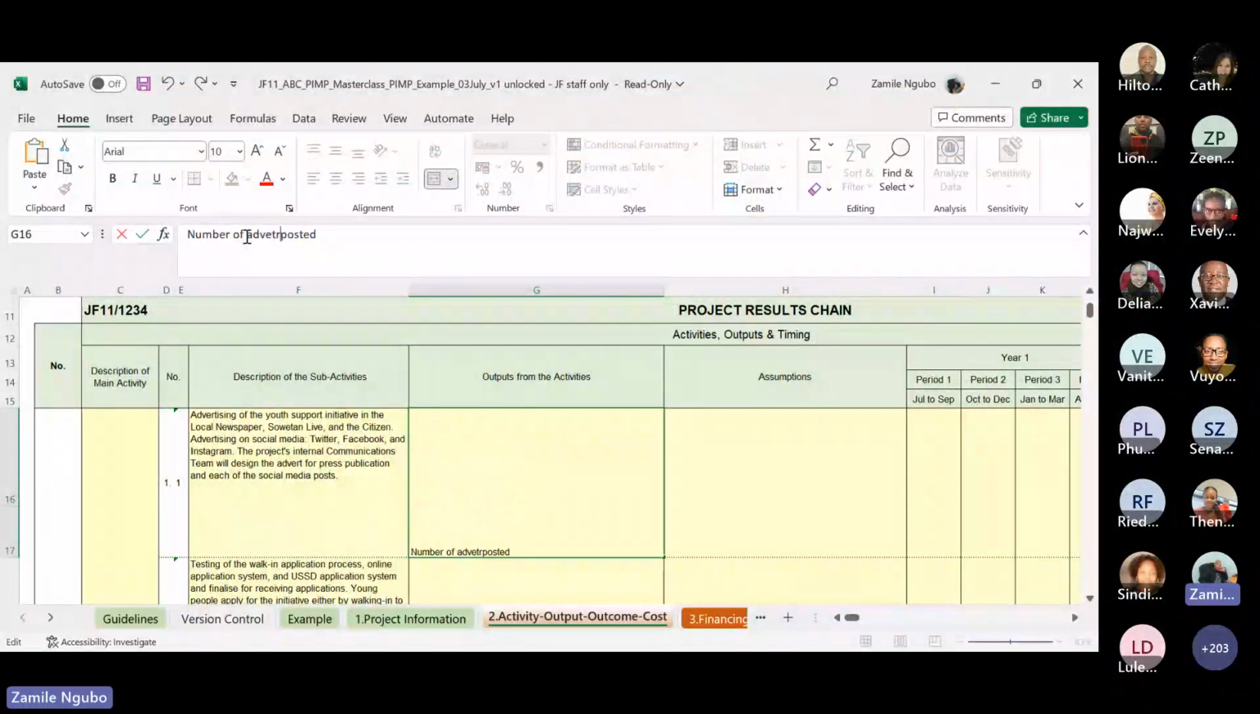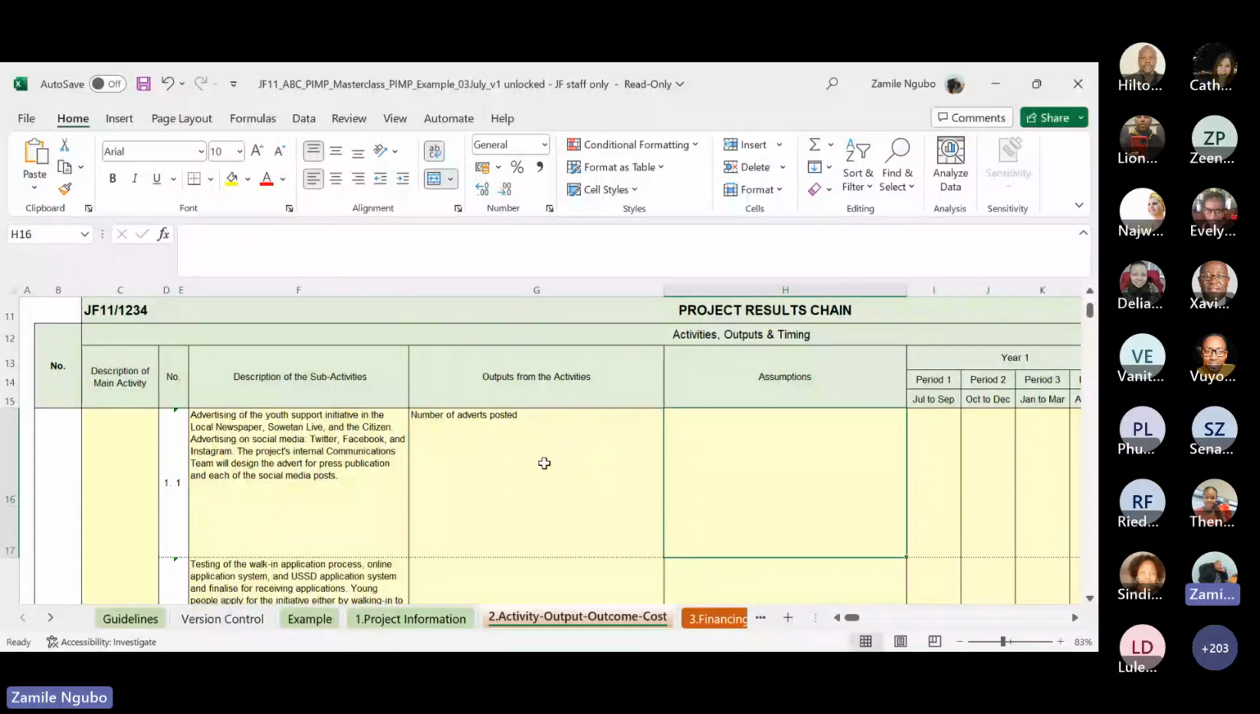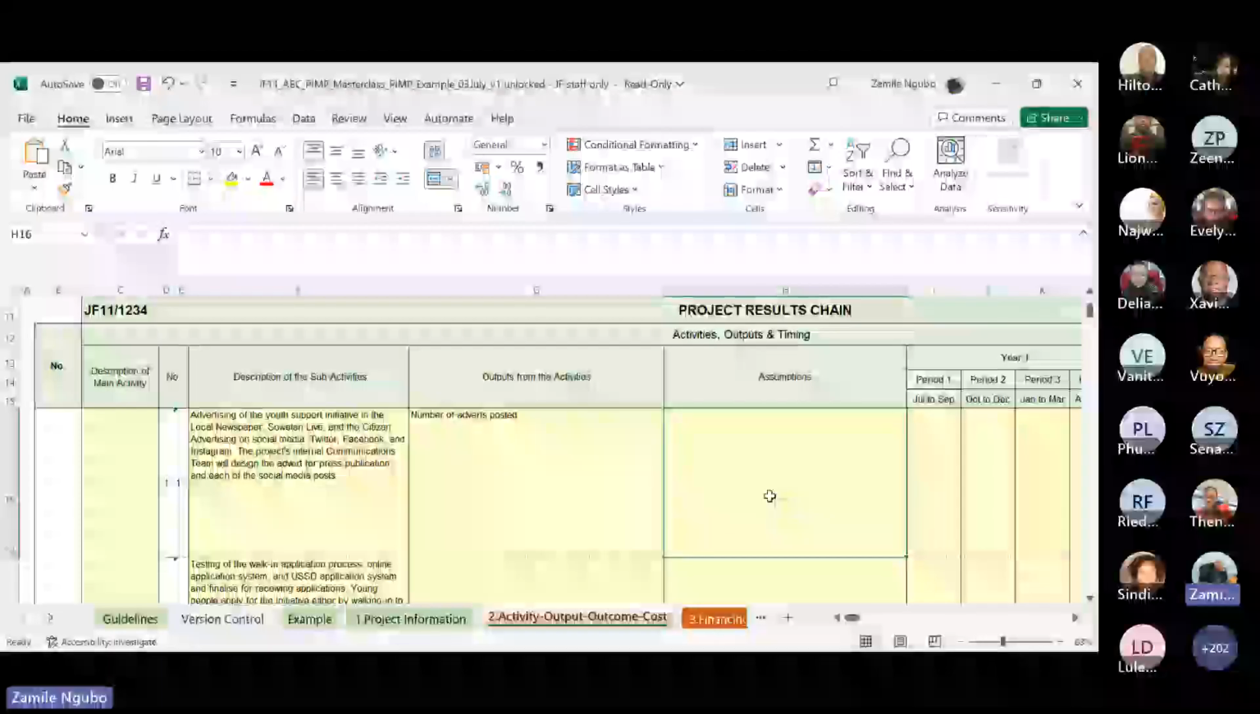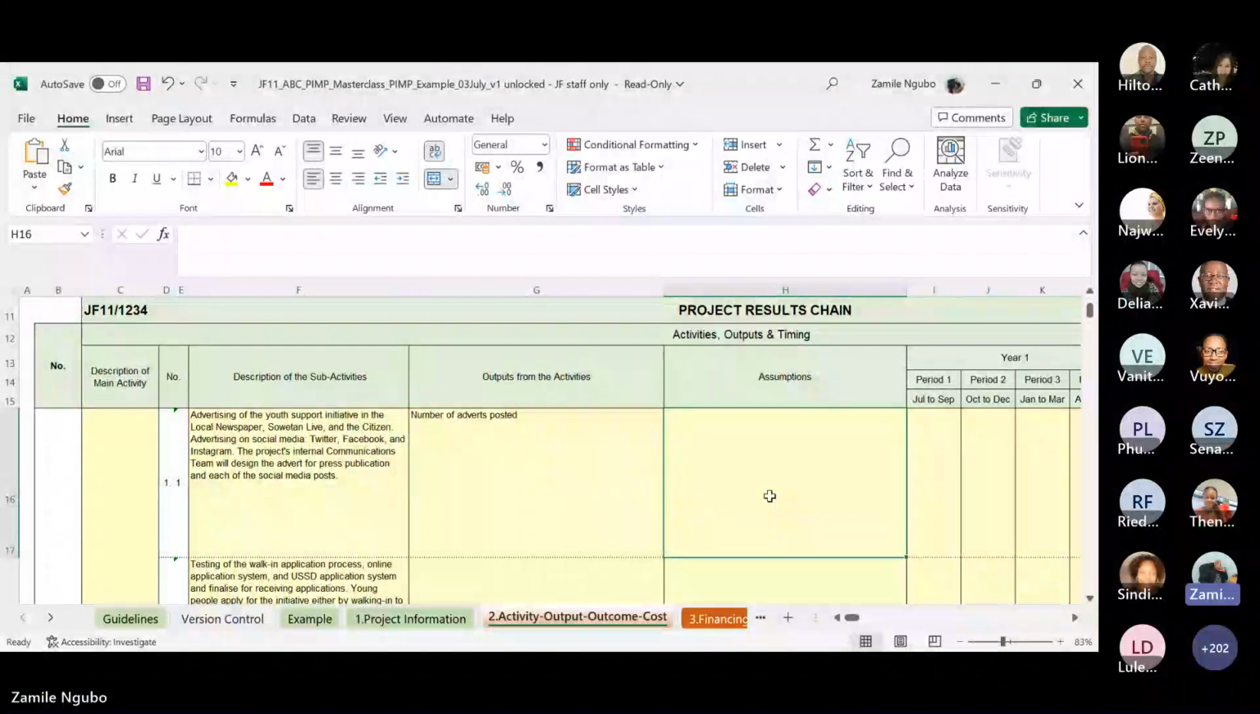There we go. The number of adverts posted. So we now need to formulate the assumptions. For this output to be realized, there must be assumptions that hold. So the assumption here is that the advert